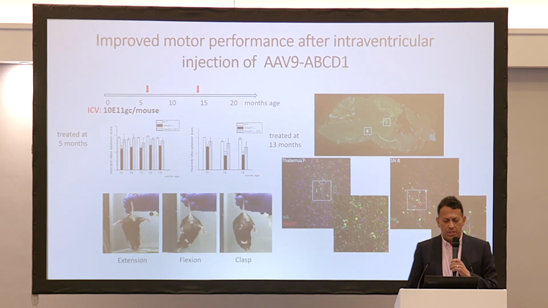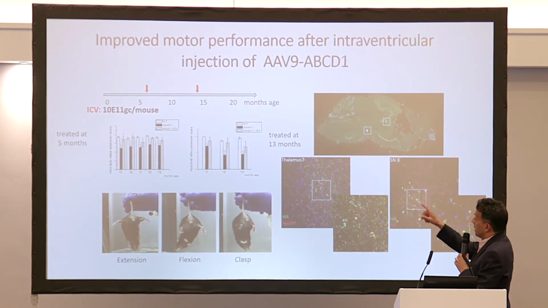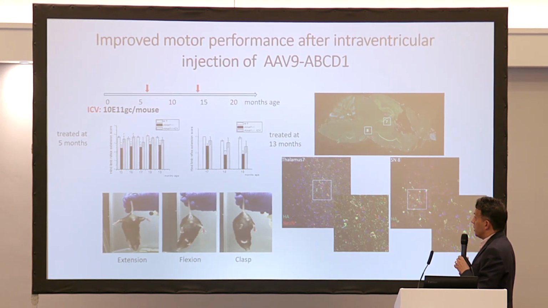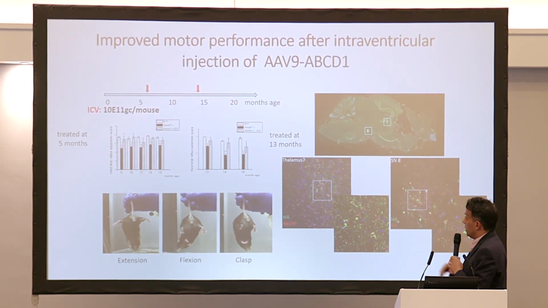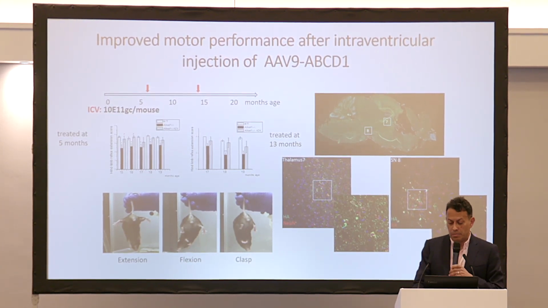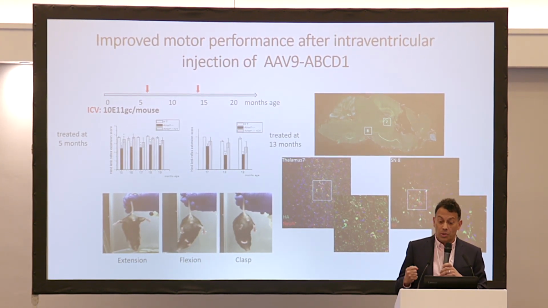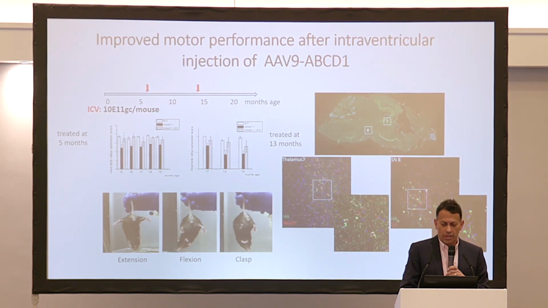So last part of this story in mice, you see that the mice that get delivery of this gene therapy at 5 months, but importantly also at 12 months when they're quite symptomatic, have an improvement in their hind limb clasping. Mice with a faulty ABCD1 gene actually show a lot of spasticity and contractures around 1 to 2 years of age.